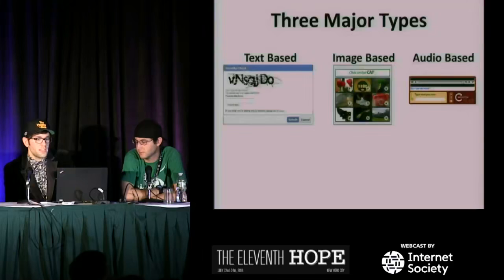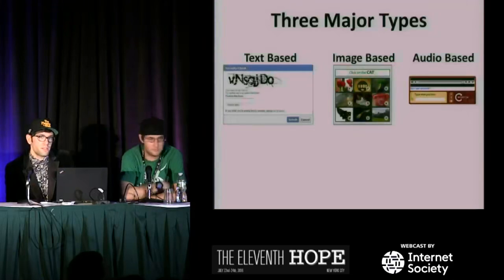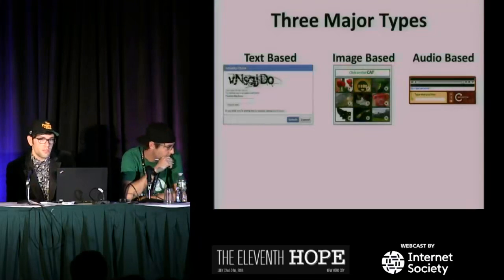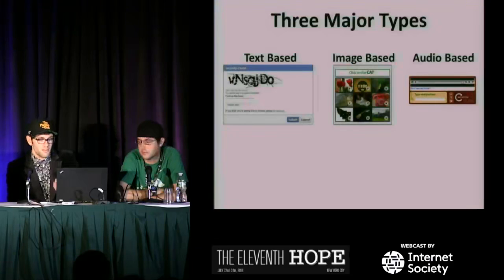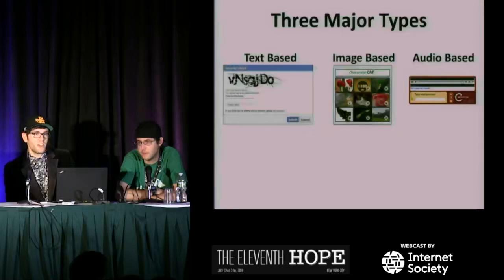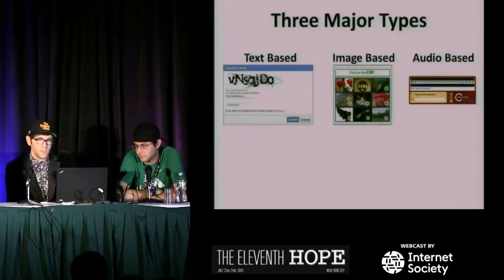Then, last but not least, let's not forget our blind users, right? Some people have disabilities, blind, deaf, whatever it may be. We need to make sure we accommodate them. So audio-based CAPTCHAs are there for the blind. It speaks a phrase and the person has to enter it in. There's also some obfuscation added in to the audio to prevent speech-to-text translators from just automatically answering the challenge for them. But obviously that has some impacts on usability. It's not a perfect solution, but it does provide access for our blind users.